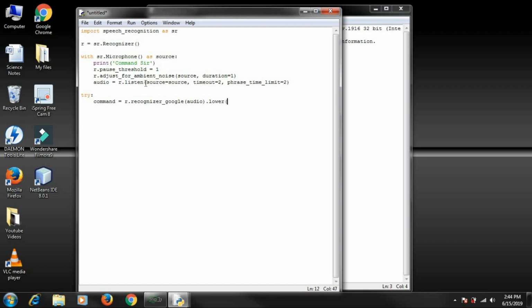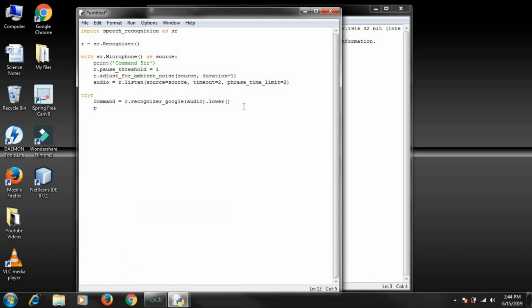So here we are using the lower case because everything we say should be in lower case, and all the text should be lower, because if any of the words are in capitals or in higher case, it will not be able to recognize. So here you will use dot lower,